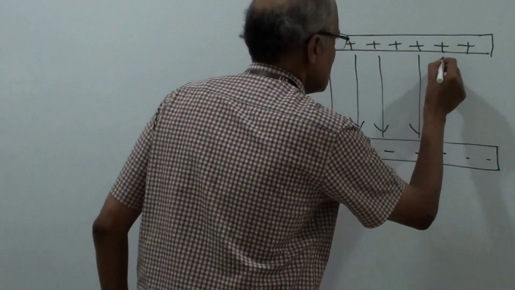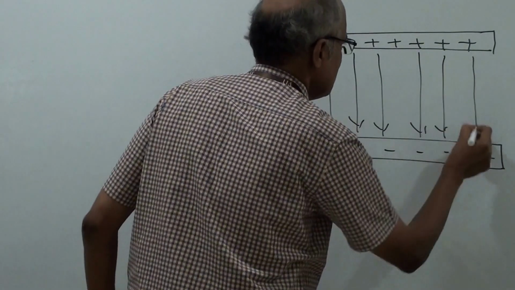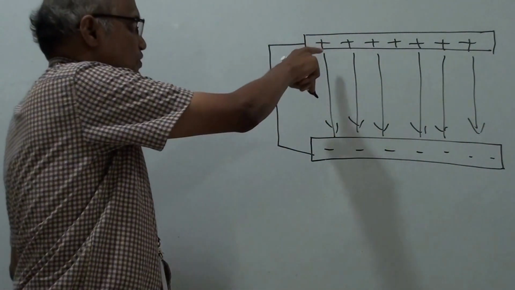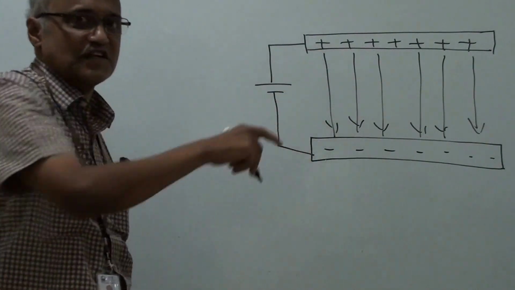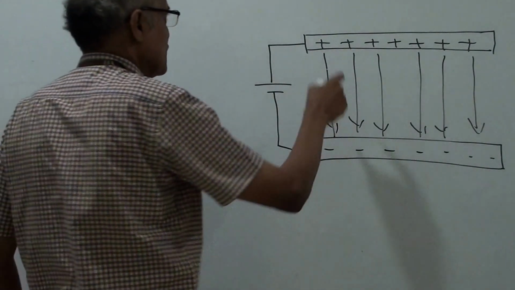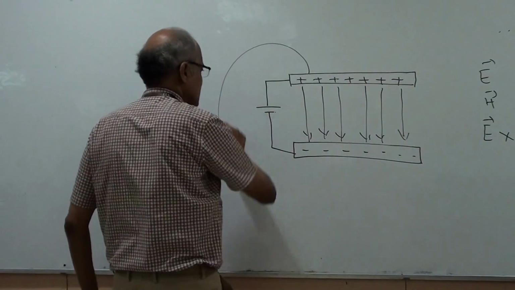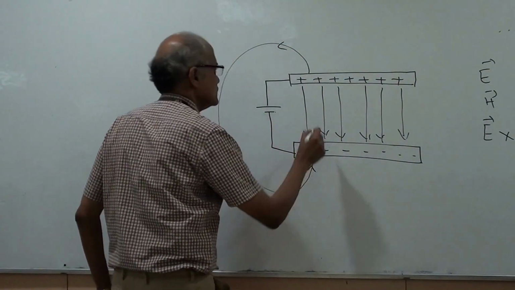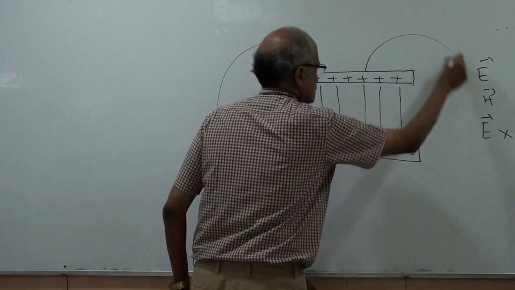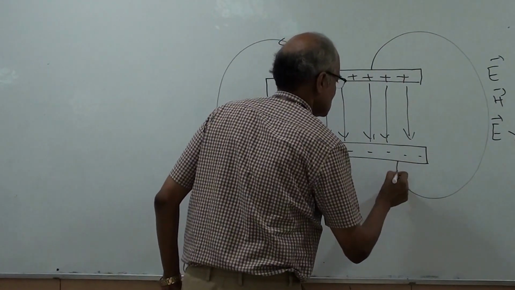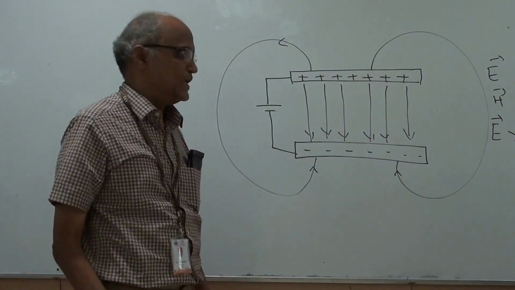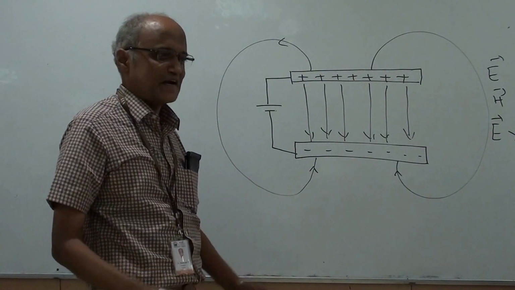Between the two conductors, as I have shown in the figure. Now the electric field is from the positively charged conductor to the negatively charged conductor. In between I have shown, outside it will be in this direction. But will there be any power flow in the circuit? There will not be any power flow because there is no magnetic field.